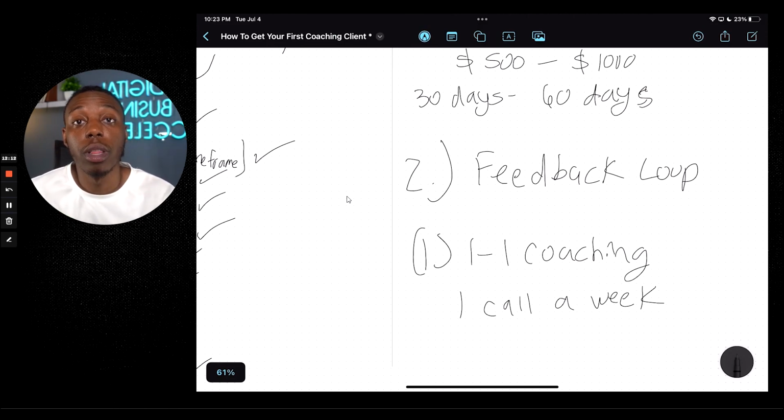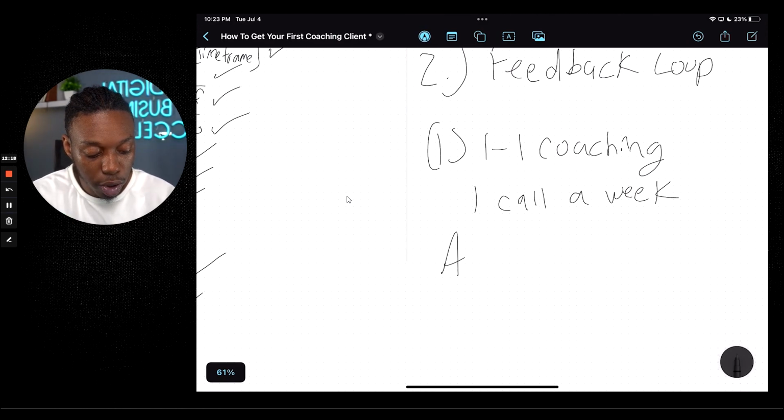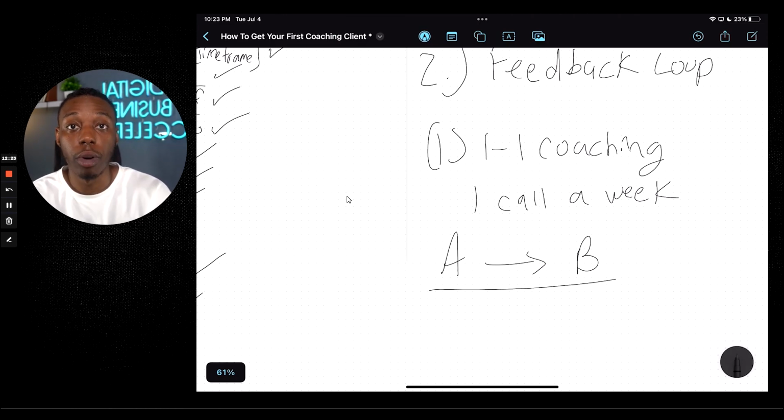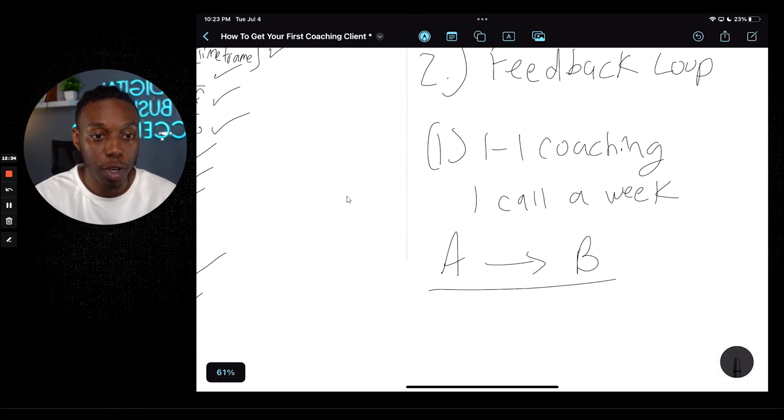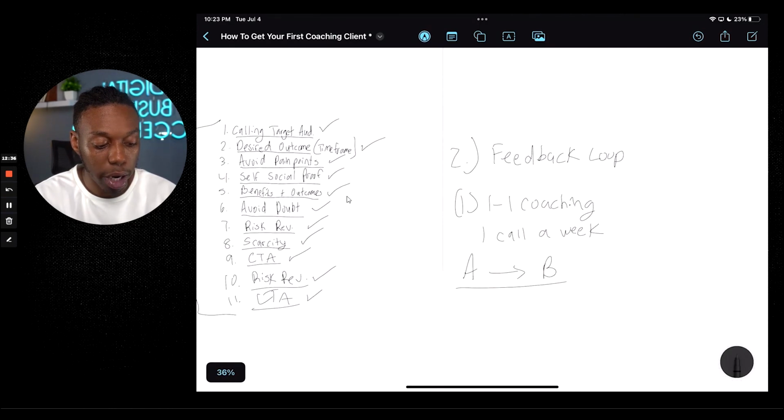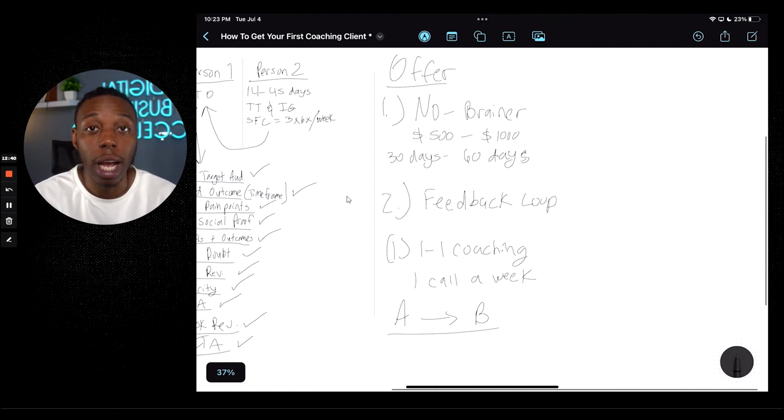You want to make sure that you're getting and documenting the journey from point A to point B, right? That's another thing. You want to make sure the prospect has a really good, clear understanding of their journey, point A to point B, where they are now versus how your program can get them there the fastest way possible, the cheapest way possible, the most efficient way possible. So these are all very important things to take note of. That is the core element of a good offer.